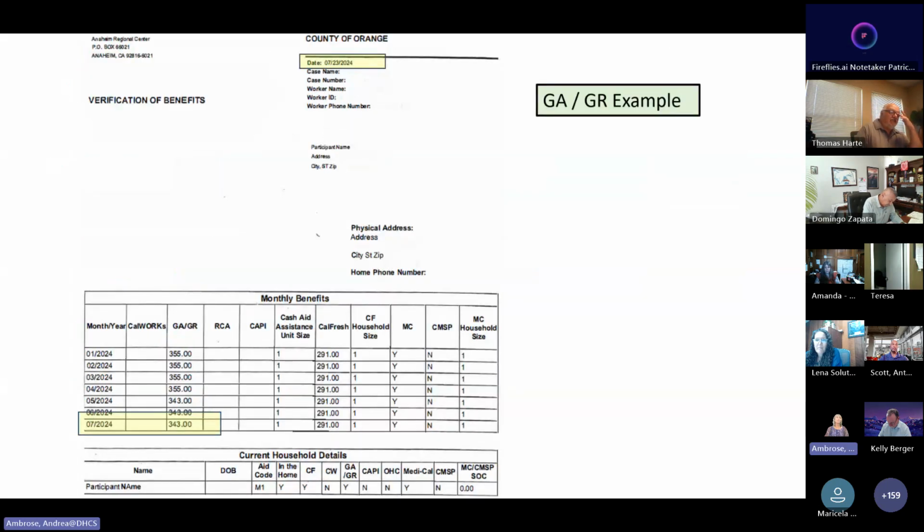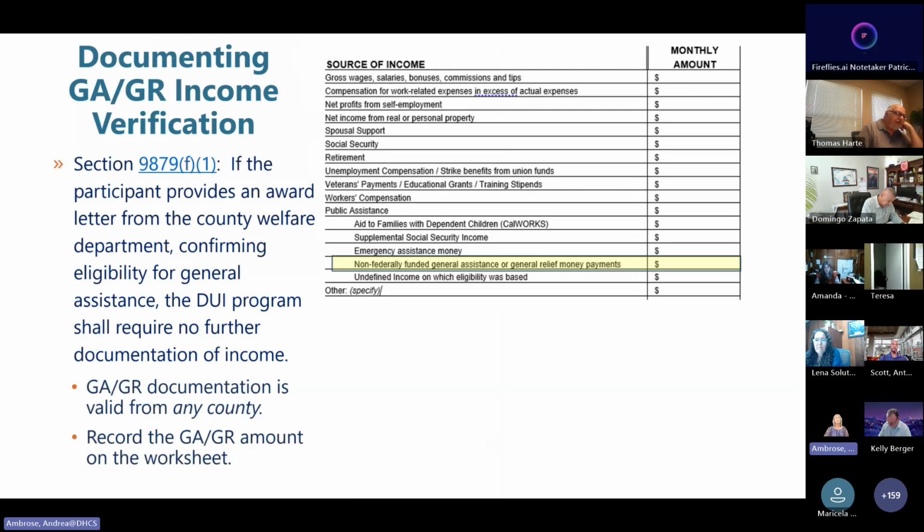And it's important here to note also that even if all they're bringing is GA documentation, you still have to do the financial assessment and you still have to record that you've done the assessment. So even if they bring GA documentation and you know they're going to qualify for the $5 a month plan, you still need to document and record that you've made that assessment. So this is why no matter what their GA letter shows, you'll go ahead and just put that income amount on your worksheet so you've recorded that.